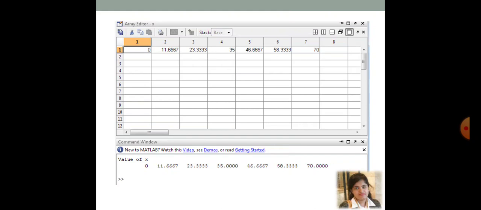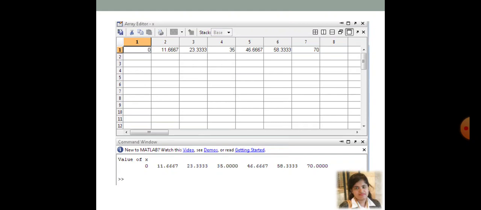In that array editor you can see that the array is x, and how many elements are there? There are basically 7 elements, and the starting position is 0 and the ending position is 70, and all the values are linearly spaced. Why linearly spaced? Element 2 is 11.67 and the first element is 0. What is the difference? 11.67.